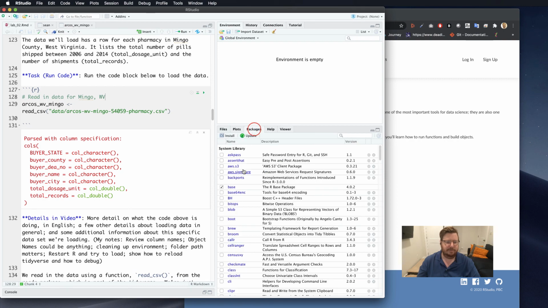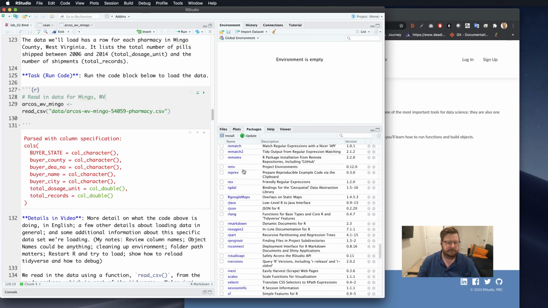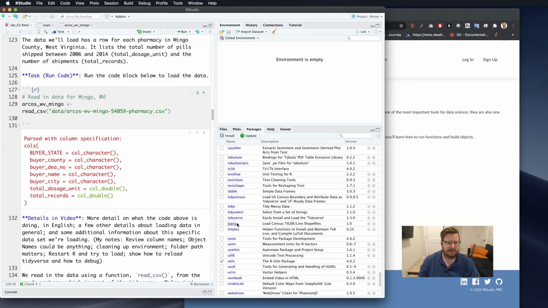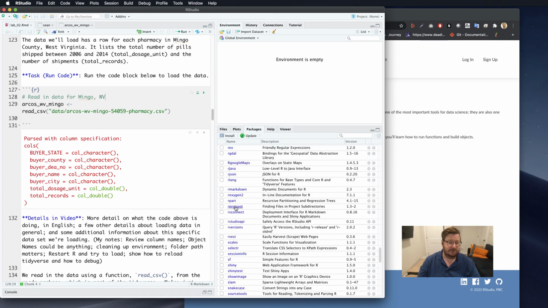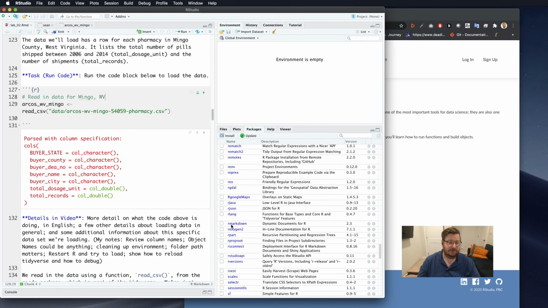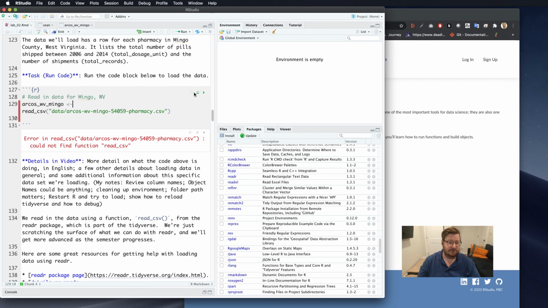And if I look in the package window, we can see the tidyverse down here is not checked, and neither are any of the packages that load when the tidyverse loads, including the reader package, which is what this read CSV function comes from. So when I run that, we get error in read CSV, could not find function read CSV. Okay, so